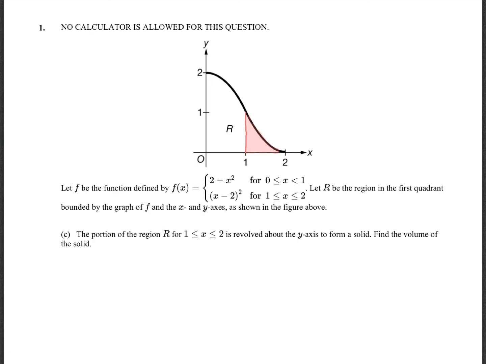Okay, so if it's getting revolved around the y-axis, there's a few things to think about. First off, we're only dealing with this function here. It's almost like this function doesn't exist and doesn't even matter because this function is not coming into play for us. So only worried about this bottom function, x minus 2 squared. This is being revolved around the y-axis, so everything has to be in terms of y. So we'll have to get this function in terms of y. And then the other thing is when we're finding the radius, so this will be like a radius,